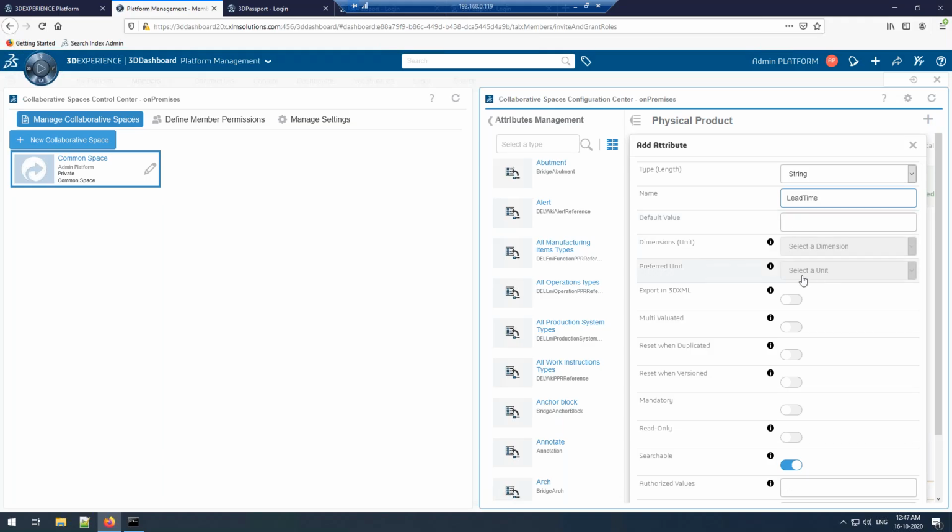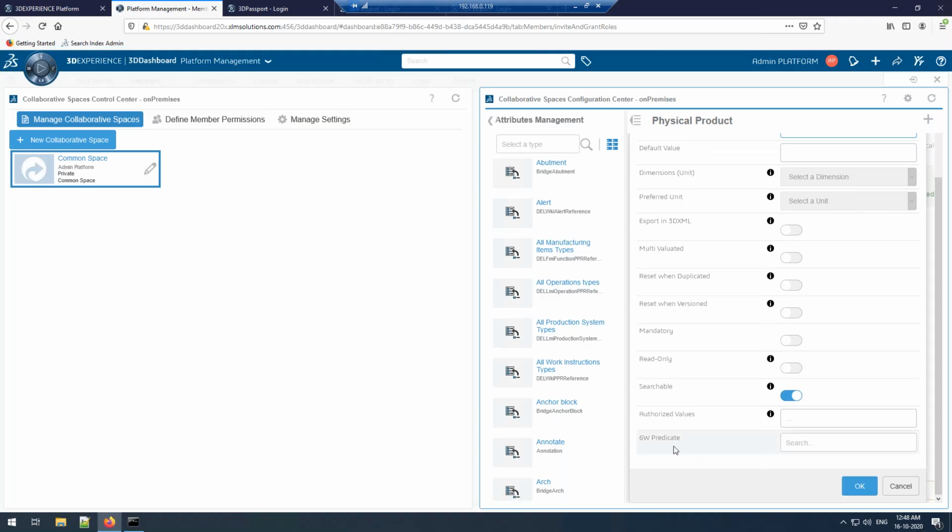If it was an integer or some other field, we can give it a dimension, or units like inches, meters, etc. If it was a pick list, some of these would be enabled. Is it mandatory? When we duplicate or make a copy as, does that get reset? Is it read only? Is it searchable? If it was a pull down, some various values. So we can set different behaviors or values to it,